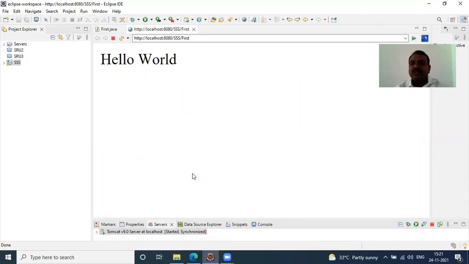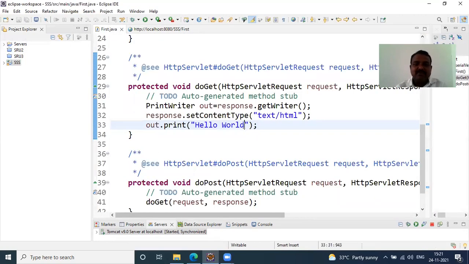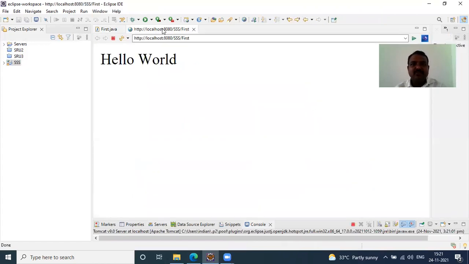Now what I do is I do some changes dynamically in my servlet. I go to my servlet code and I add some information here. Hello world, SR University. I save my content. Now I'm saving the content. I am doing some changes to my servlet, and I go to my web browser and I just refresh my code.